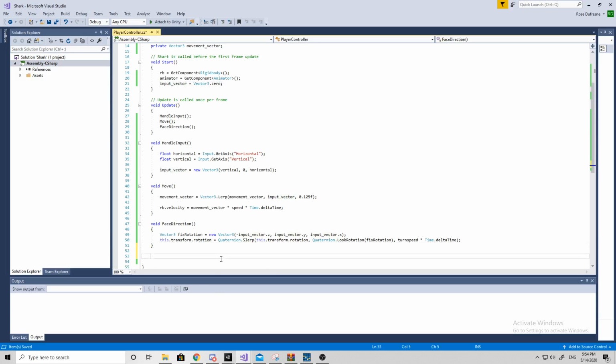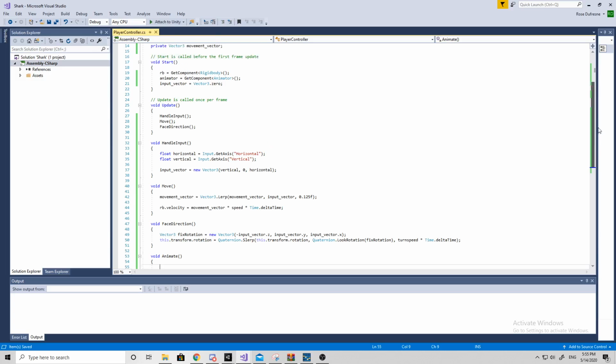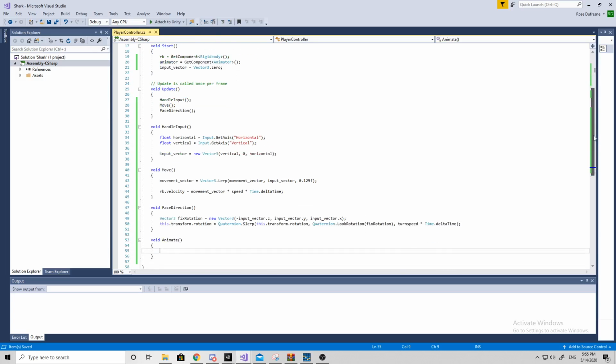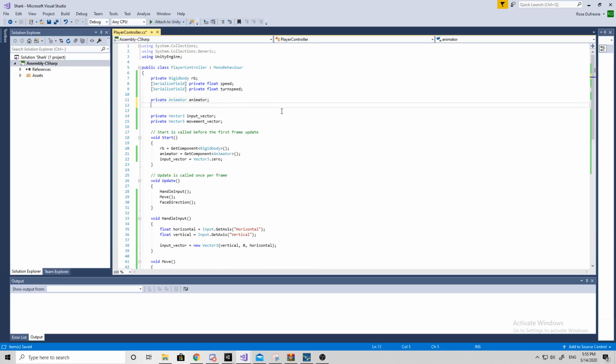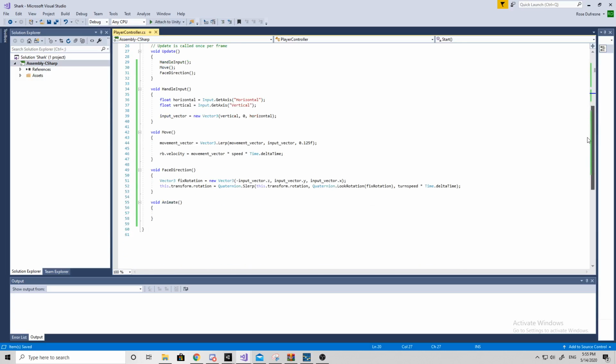And I'm going to create a new function for our animations. Right here, I'm also going to add the boolean that we needed, so is walking. By default, is walking will be false. But once we're moving,